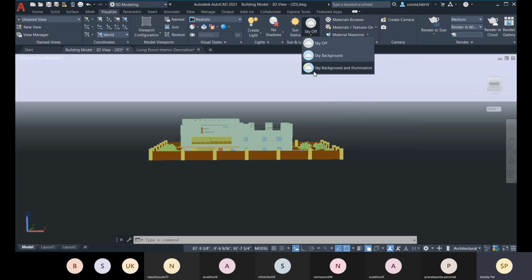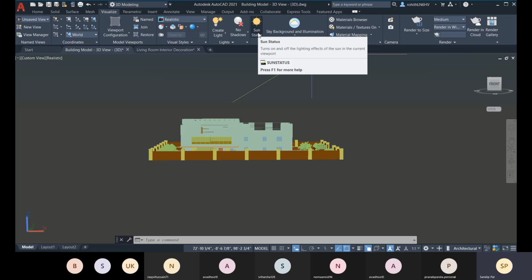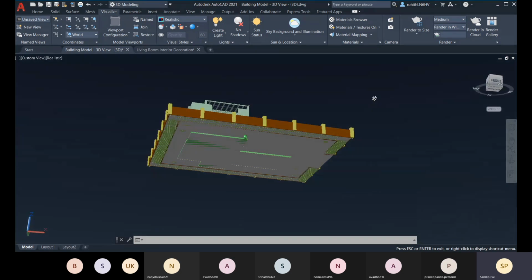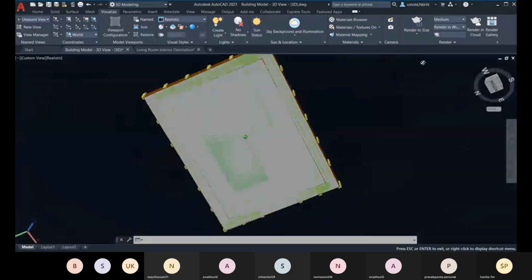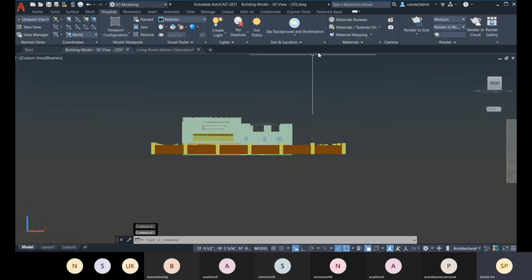So for that, let's set this sky background and illumination. And as per your sky background, it will illuminate some light. So you need to turn it on, and your sun status is on right now. You can check the sun. Right now nothing is there.